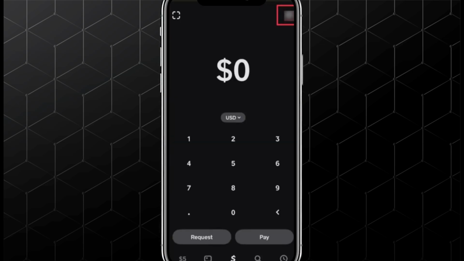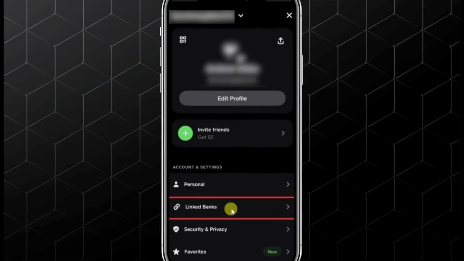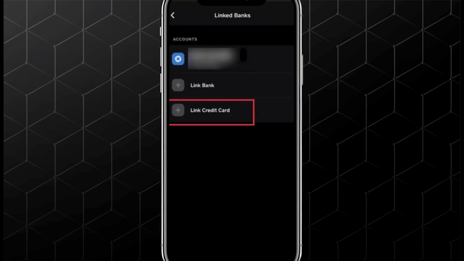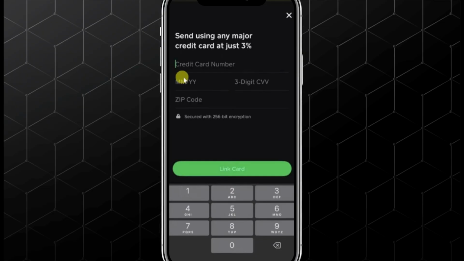Once your card is active, open your Cash App and tap on your profile icon in the top right corner. From the menu, select Linked Banks, then choose Link Debit or Credit Card. Now, enter your Robinhood debit card details, including the card number, expiration date, CVV, and zip code, and then tap